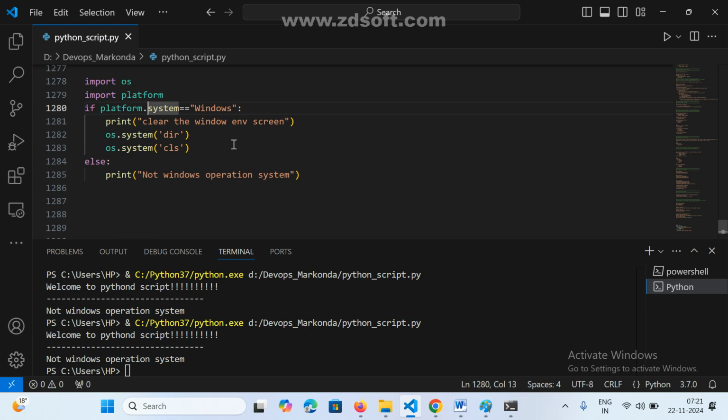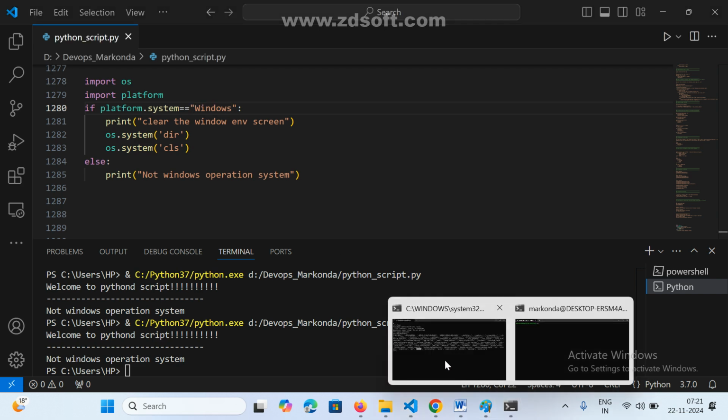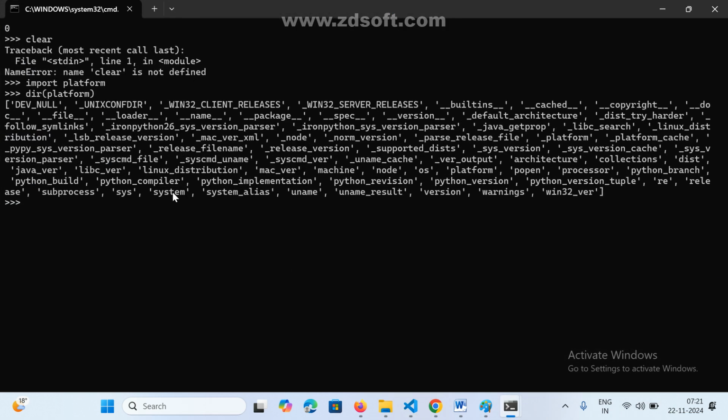Anything missing? What are the functions here? System dot